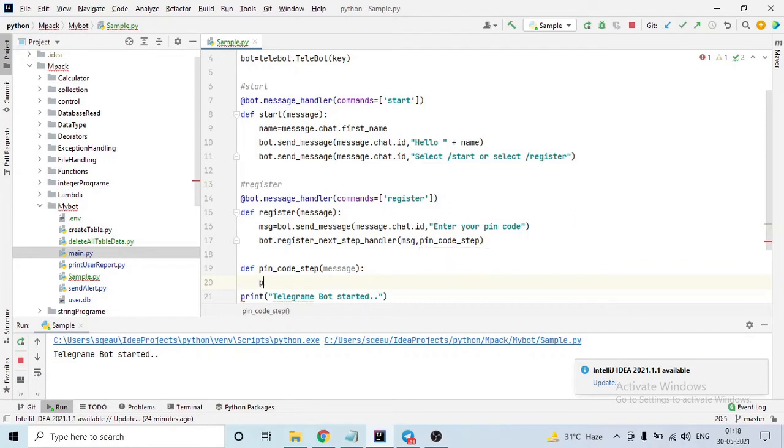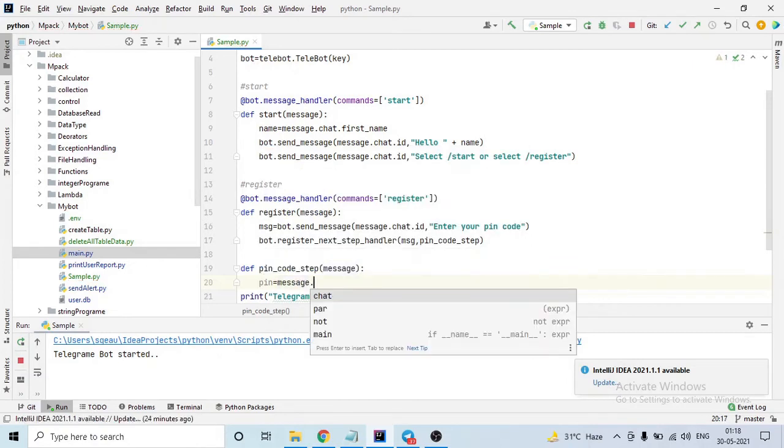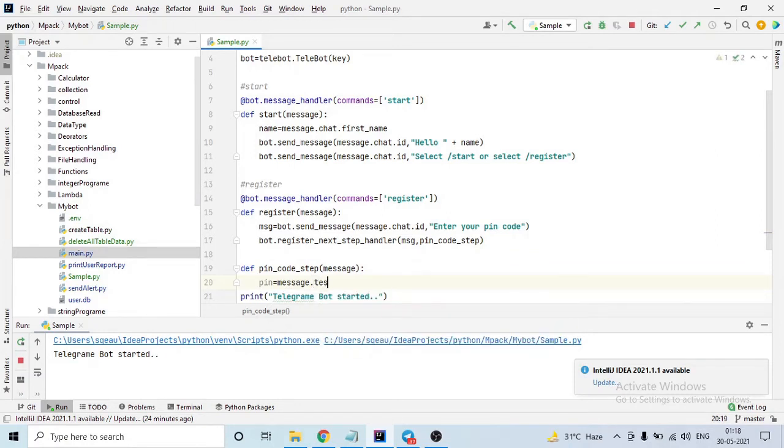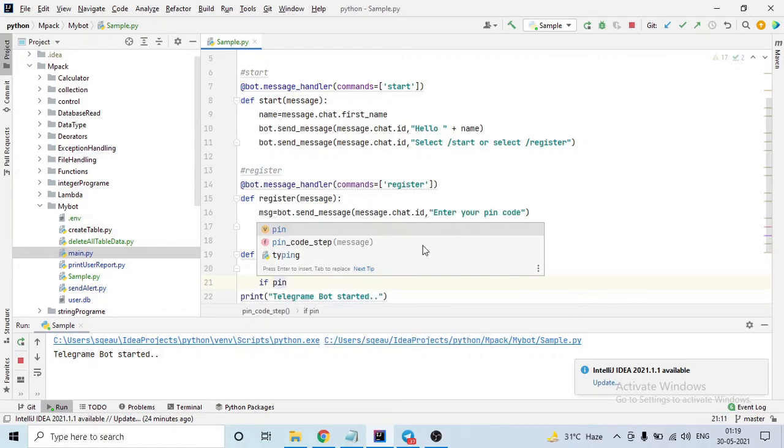Now I will create another variable called pin equal to message.text, to get the text. So this is the pin which I have received, and now I can use this pin anywhere in my logic. Right now I can put some kind of a logic layer, like if the pin code is all zeros, then it's not valid. So I can put some kind of logic like if pin in